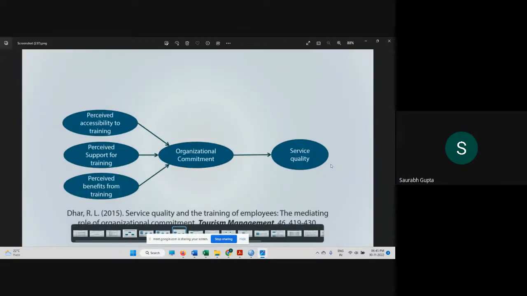Now this is another example. In this particular model, you can easily find out there are three independent variables, one dependent variable, two dependent variables. Sometimes the mediating variable also plays the role of the dependent variable, because it creates the link between the